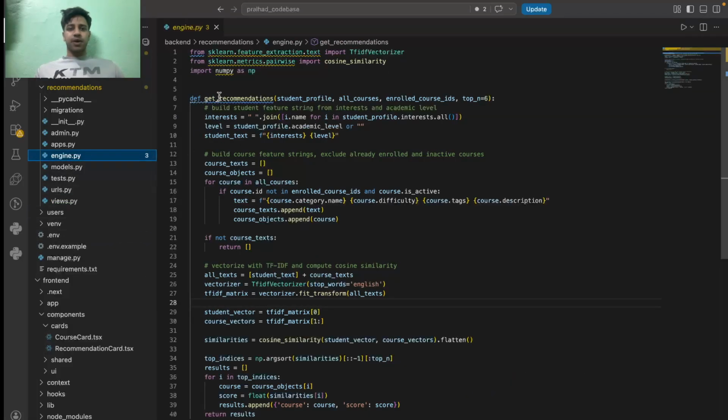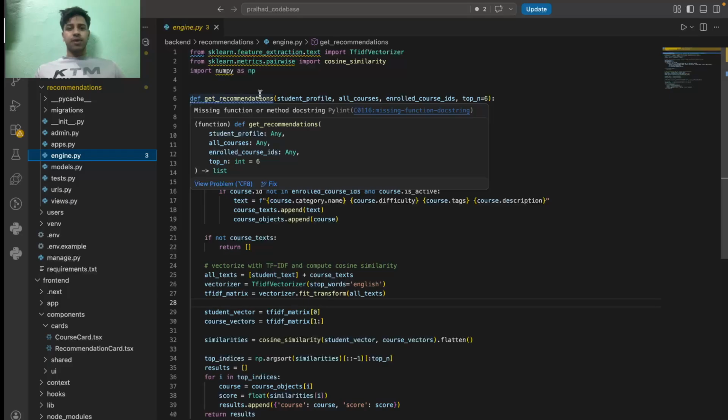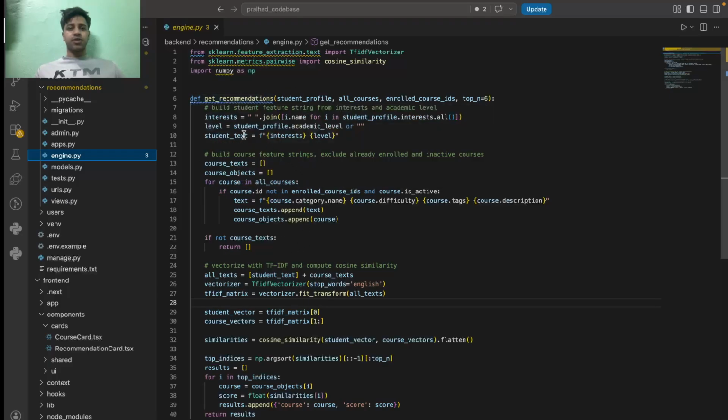You can see here I have created get recommendations, and as per whatever the student selects, their interests and their level, get recommendations converts it into a student text, which is further vectorized by the TF-IDF vectorizer. As you can see here, it is converted into a vector, and then I've used cosine similarity to measure the angle,